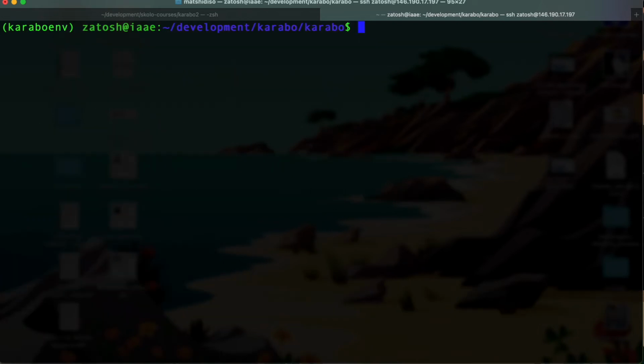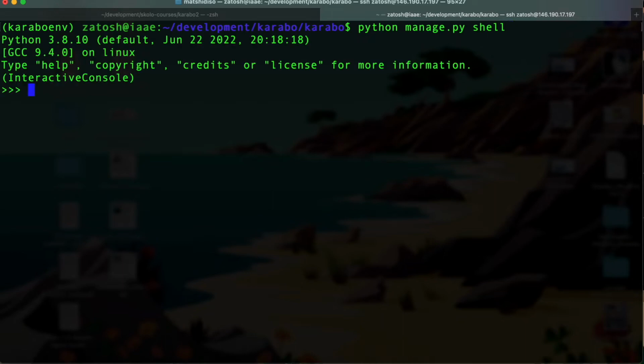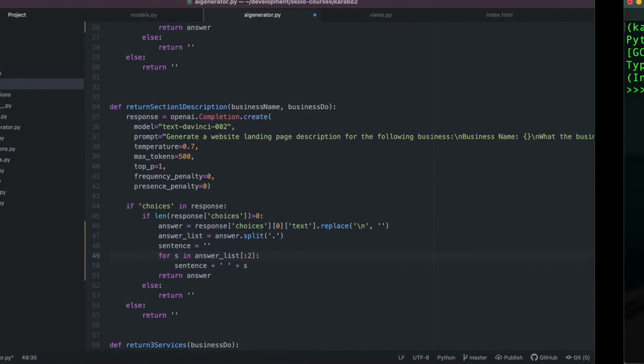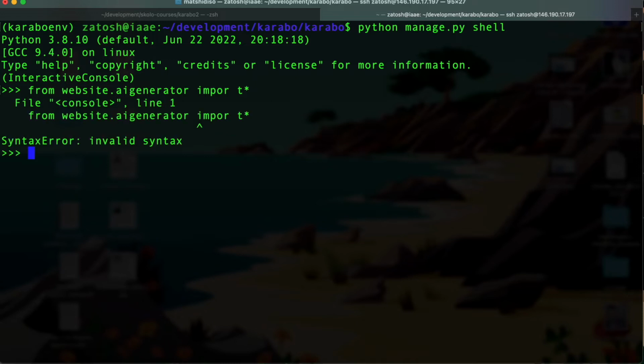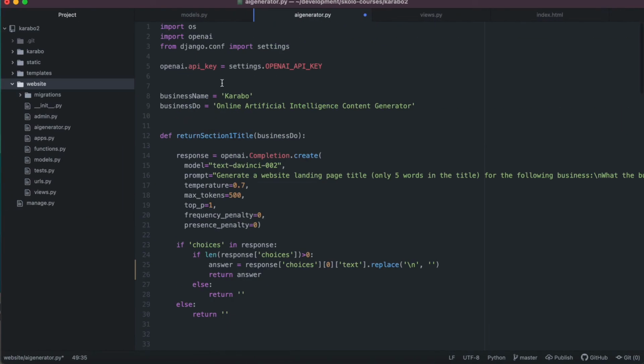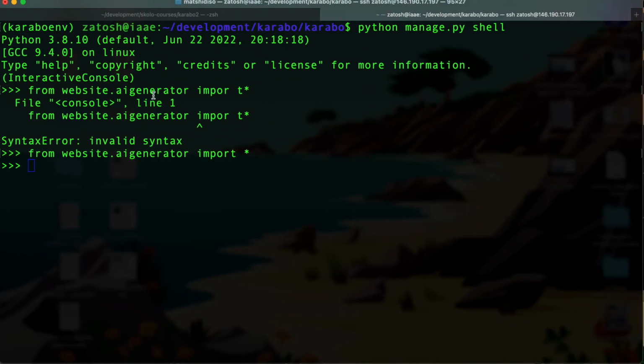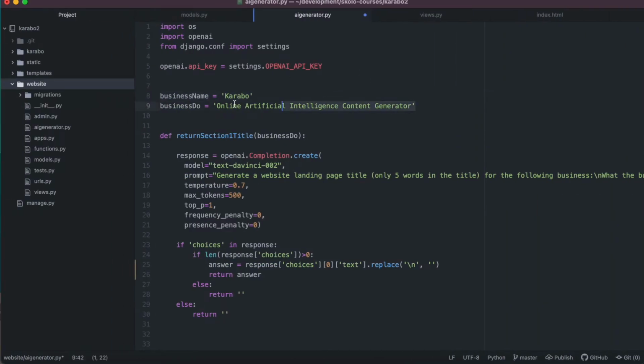Okay, so I'll run the same command again. All right, so I want to create a sentence here. Actually, we can just do the same thing we did before. So we can say from website dot AI generator, import everything. Then we can say business name is that, and business due is this. Okay,